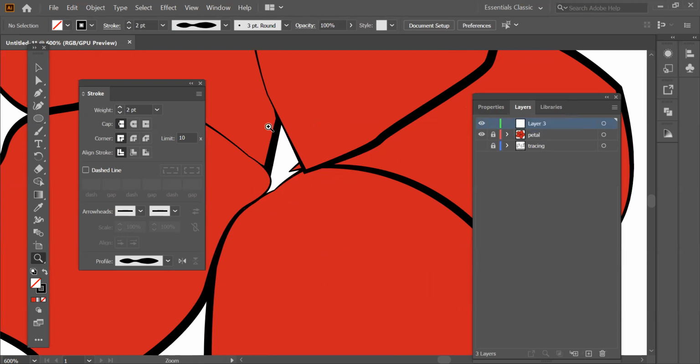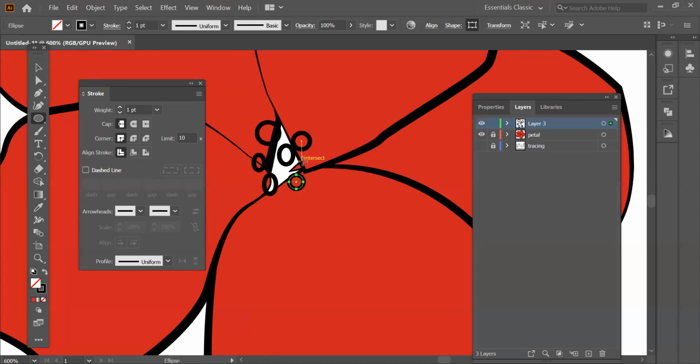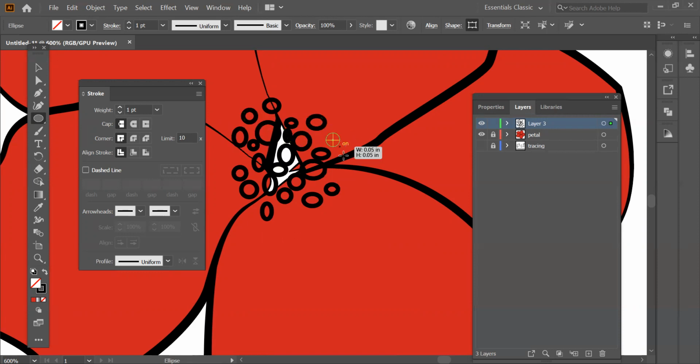Now I'll make all the small circles with my ellipse tool. So what is the difference is that now everything is separate, right? So it will be easier for me to select whichever I want to select first. Like now if I want to select the circle, I can just select this layer and every circle will get selected and I can fill the color easily like how we were able to do it in the petal. But if everything is into one, you'll have to do a lot of hard work before doing anything.